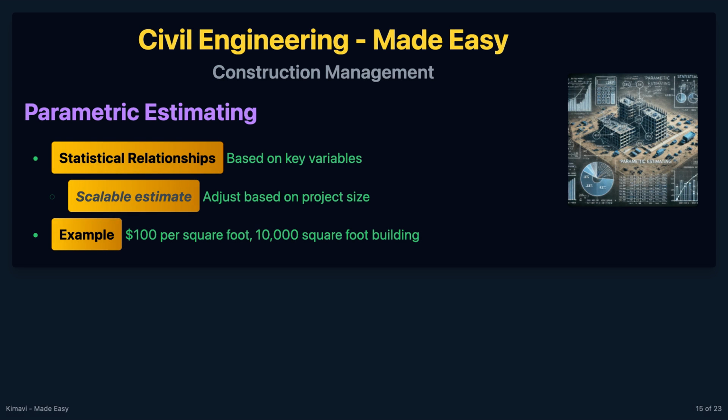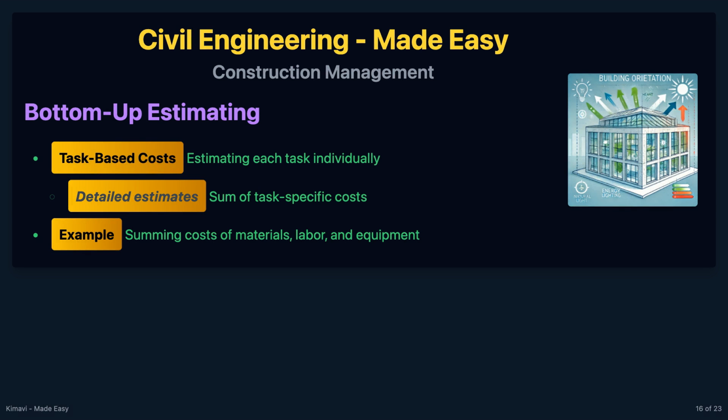Parametric estimating uses statistical relationships between historical data and other variables to estimate costs. For example, if the cost per square foot of construction is $100, a 10,000 square foot building would be estimated at $1 million. Bottom-up estimating involves estimating costs for individual tasks and summing them to get the total project cost. For example, estimating the cost of materials, labor, and equipment for each task in the work breakdown structure and adding